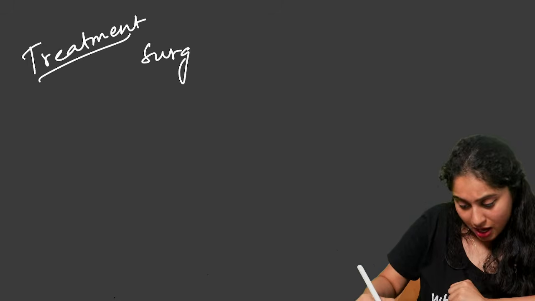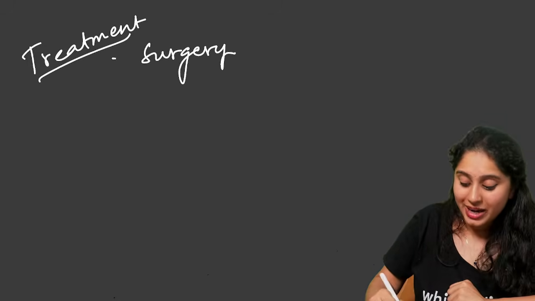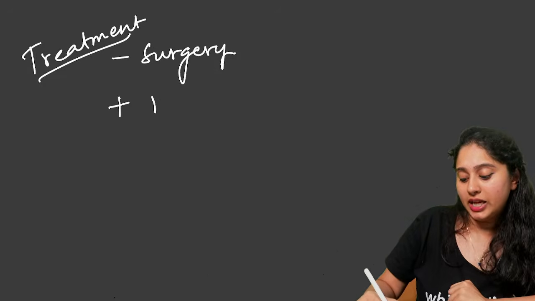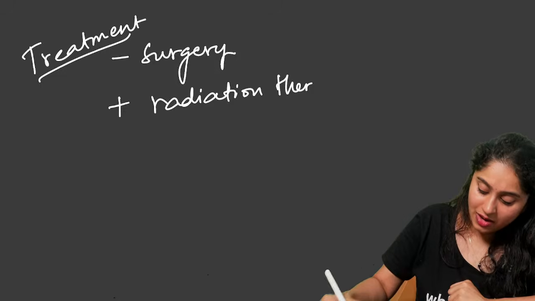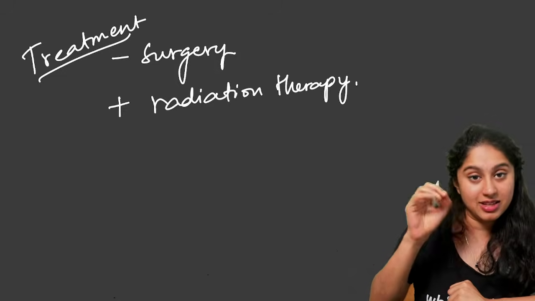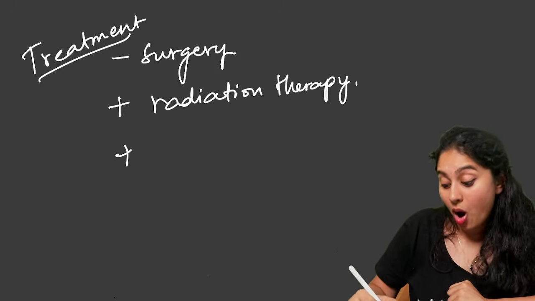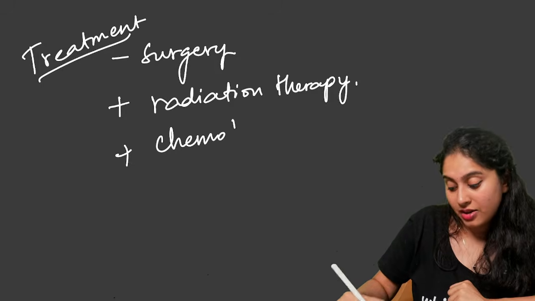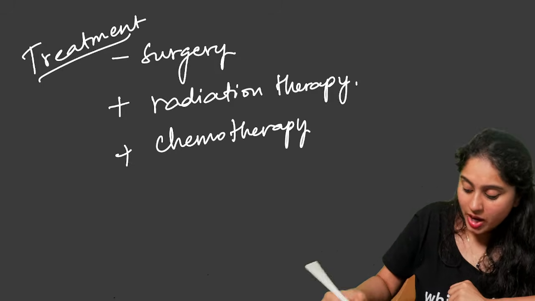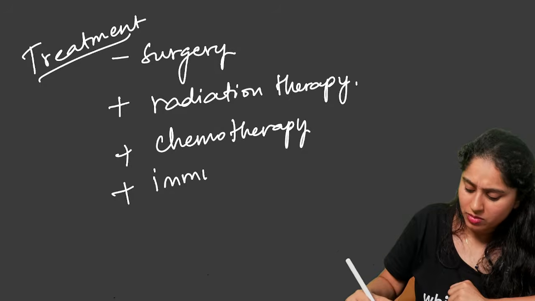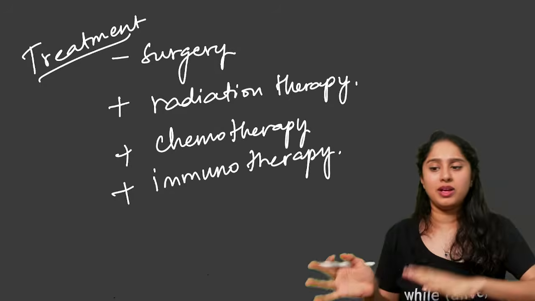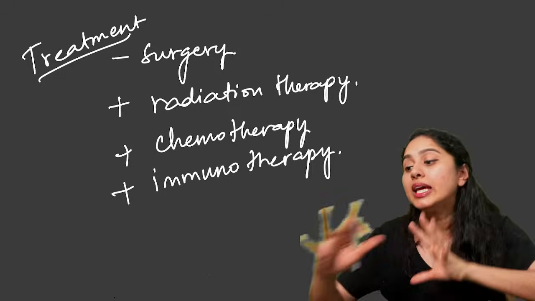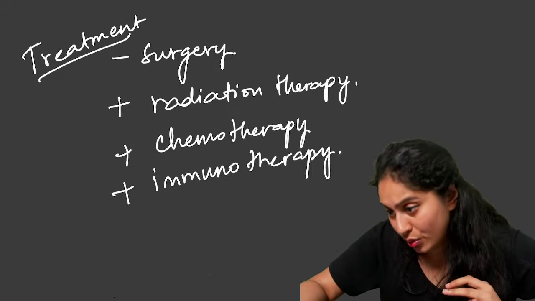Now, if I've seen a lump, I definitely have to remove it. But along with surgery, I can do radiotherapy. Radiation therapy can be done where I will radiate the cells and kill these cells with harmful radiation. Or I can do chemotherapy, send drugs. Or I can also do immunotherapy. I can do a combination of these. A little bit of immunotherapy, a little bit of chemotherapy along with surgery, or however I can always play around it.